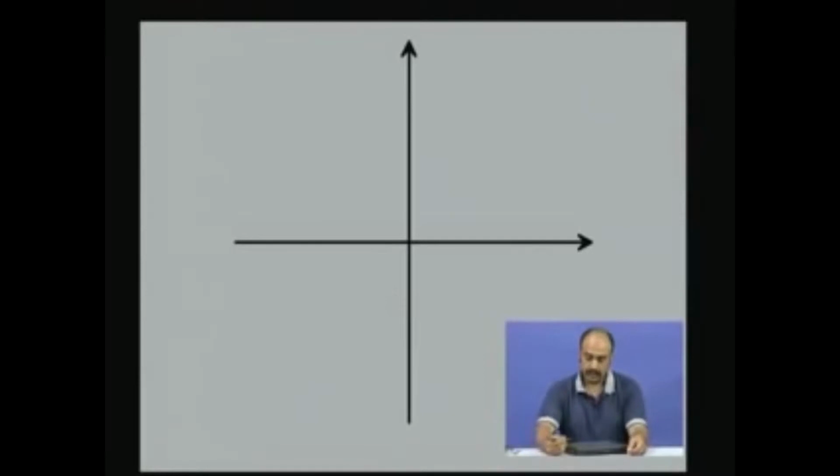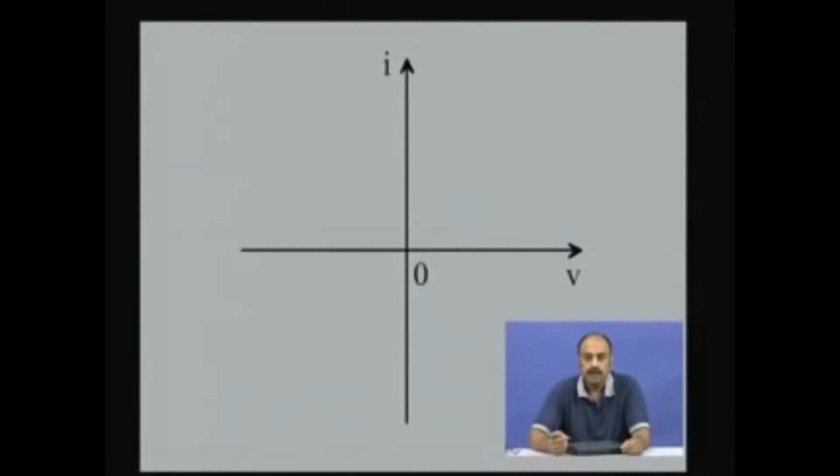So, let us try to characterize the resistors. In fact, most of the components generally we characterize by the IV characteristic. We put the voltage V on the x axis, I on the y axis. So, in this particular diagram, V is the independent axis and I is the dependent axis. In this IV characteristic, we plot the character of the resistor, which as you see here is a straight line,